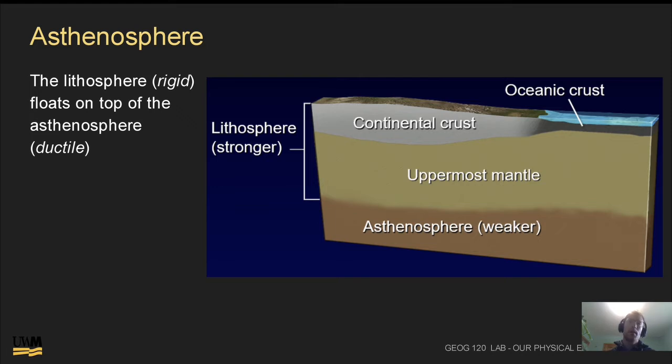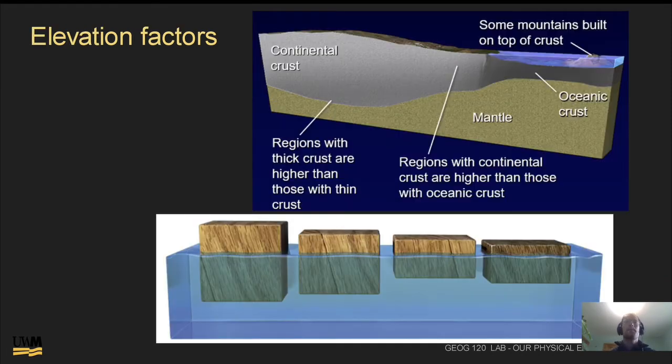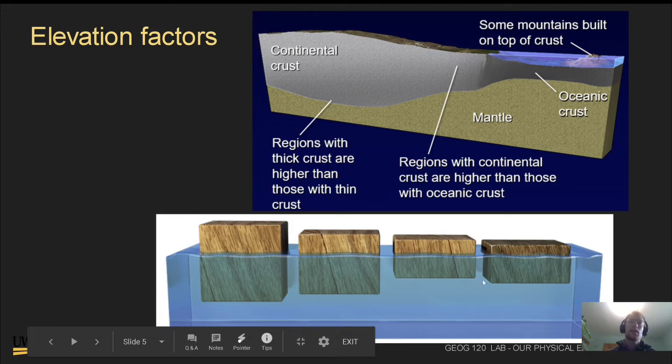So the peanut butter might represent the asthenosphere. Okay. And so, another difference between the oceanic crust and continental. I've already said that you can think of these tectonic plates as floating on top of this semi-liquid layer underneath. And if you think about it in terms of a floating block of wood or floating styrofoam,